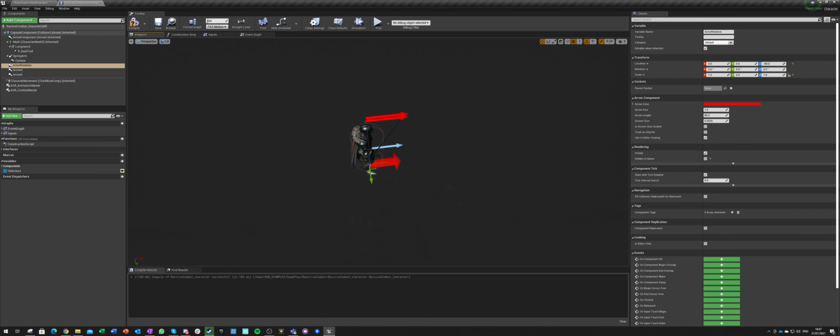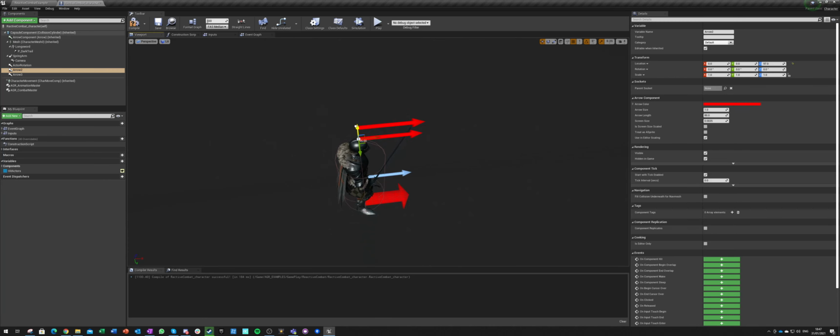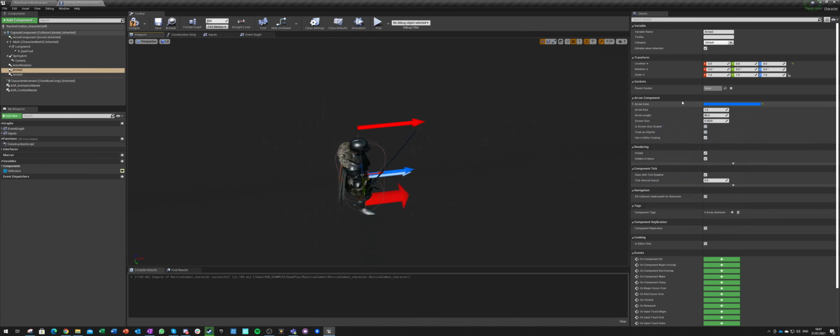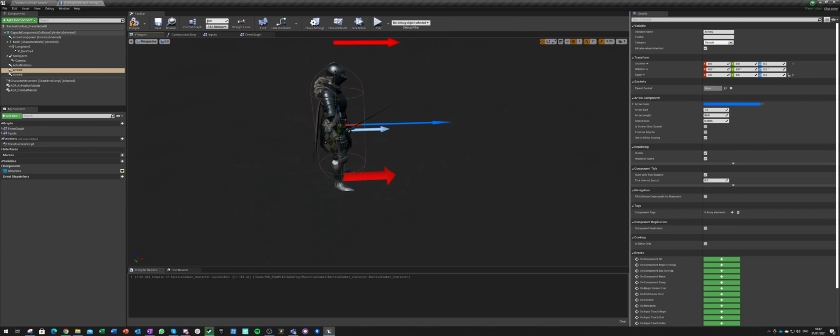So this is the arrow for actor rotation. The second one will be the controller, and let's make it a different color. Let's make it like blue, and let's make it longer, and let's make it slimmer. So this is the rotation of the controller.